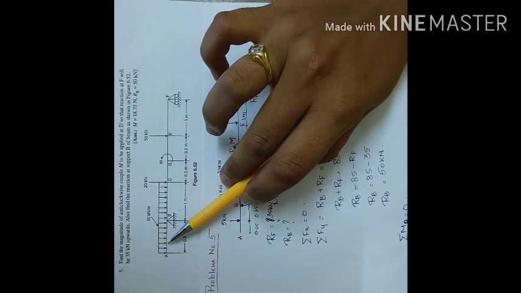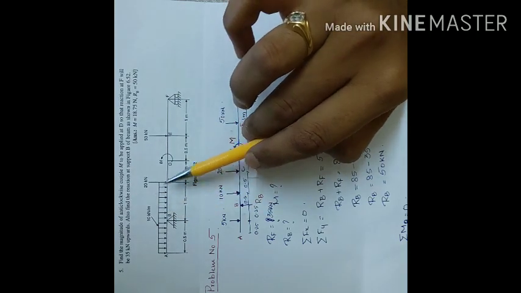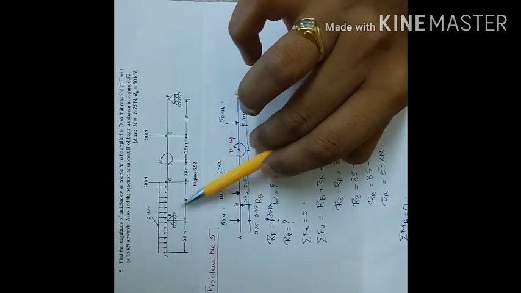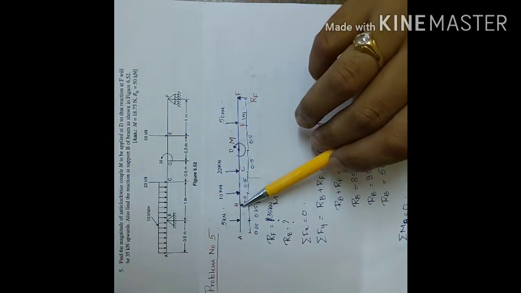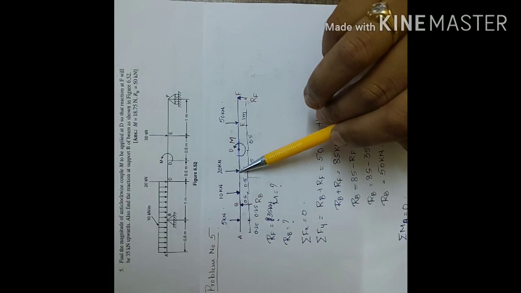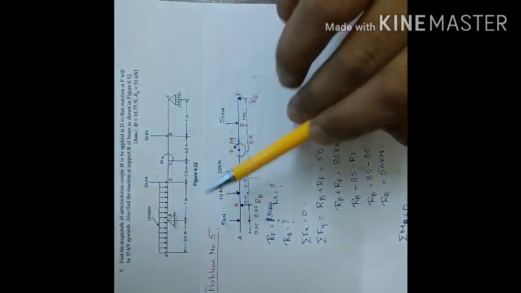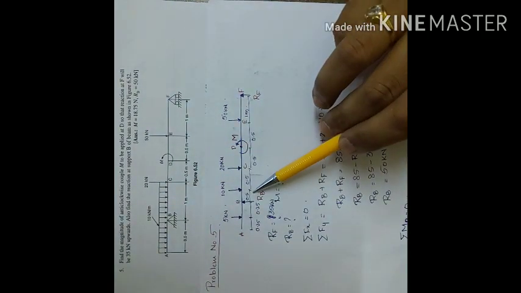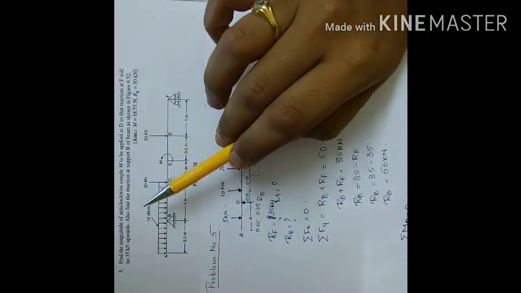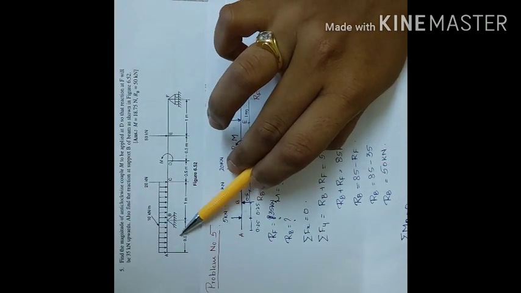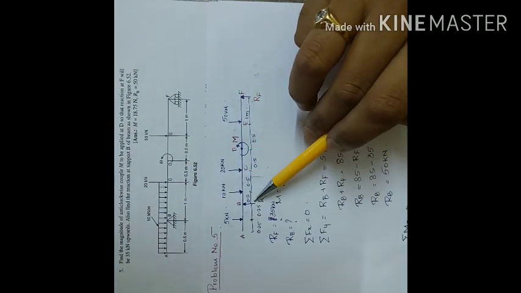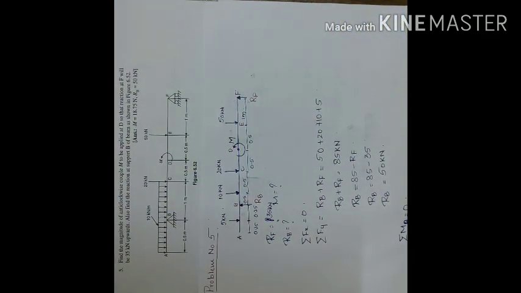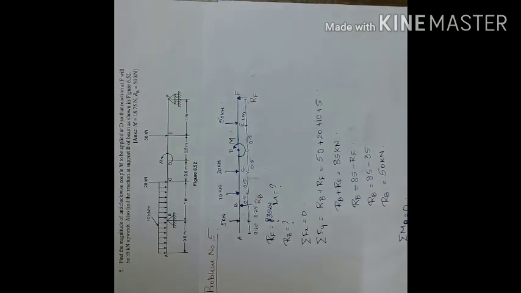So I have divided this into two parts, that is AB part and BC part. This 10 is the same for all the length, but the span remains different. So the part which I have made is 10 into 1, which will become 10 kilonewton, with a distance of half, that is 1 meter remaining. The remaining 10 into 0.5 will become 5 kilonewton, at 0.25. So half of the distance is distributed.